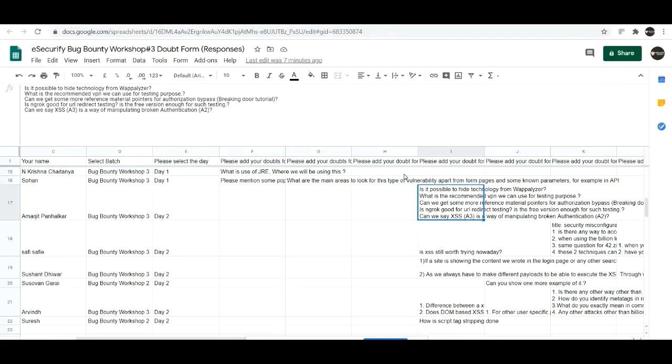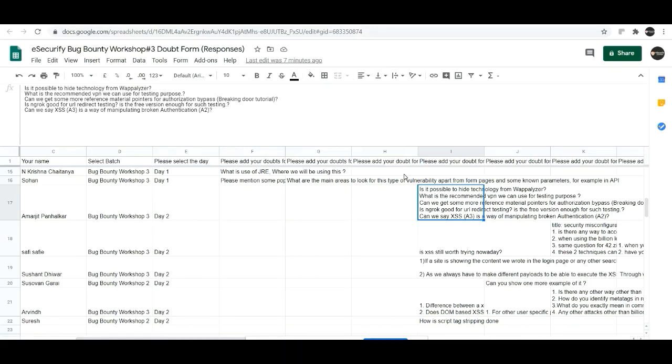Is ngrok good for URL redirect testing? Is the free version enough for such testing? Yes. Once you set up ngrok, you have your own website which is publicly accessible. You can treat that URL as a website which is internet accessible. So if you want to test URL redirection, you can use the ngrok URL, completely fine, no problem, and the free version supports that, not an issue.